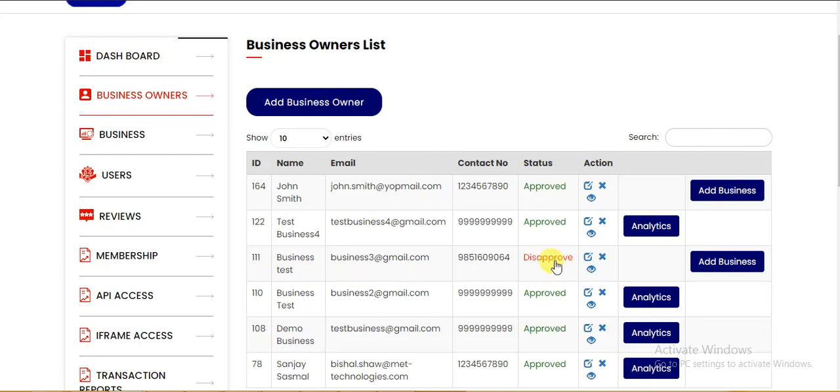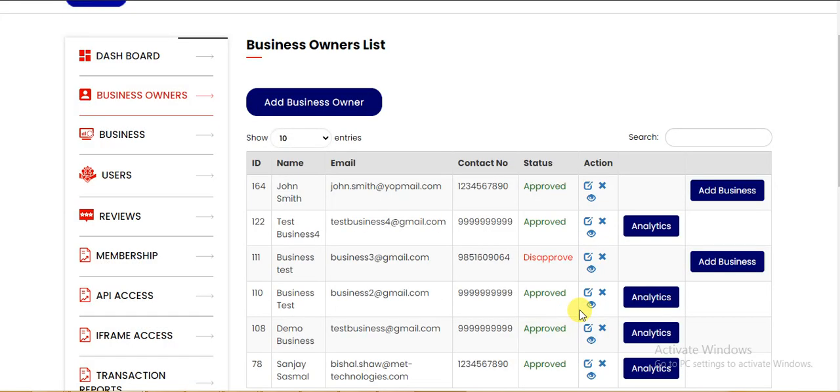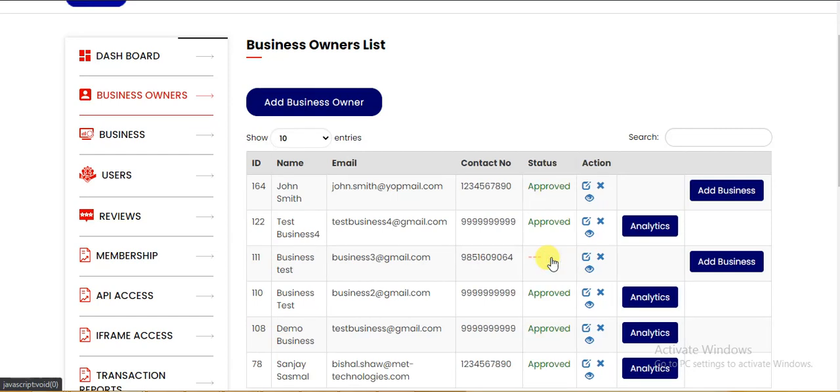So once you decide, you view his details, like here you can view the details of the business owner, first name, last name, and contact details, everything. You can decide whether to accept him, approve him, or disapprove him. So if you want, you can change the status by clicking here like this.